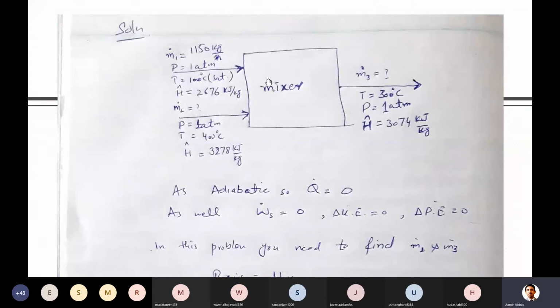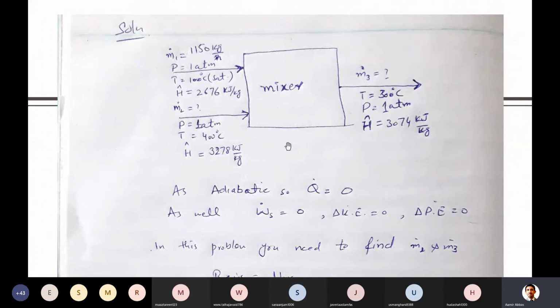So first of all, I have drawn the diagram. I have given some different names. First of all, this is stream 1, so its flow rate, its temperature, pressure, and enthalpy were given, as well as stream 2, which was steam at 400 degrees C and 1 atm, superheated steam, and its flow rate is not given. They get mixed in the mixer, and then out of this, the stream is coming at 300 degrees C, 1 atm, and its enthalpy at these given conditions from the steam table, and its flow rate he asks us to find. So first of all, what do you think?